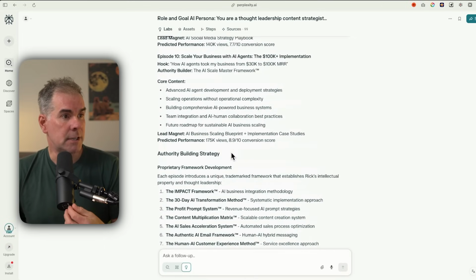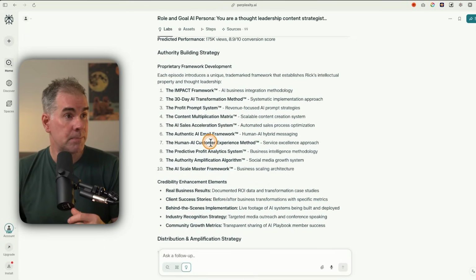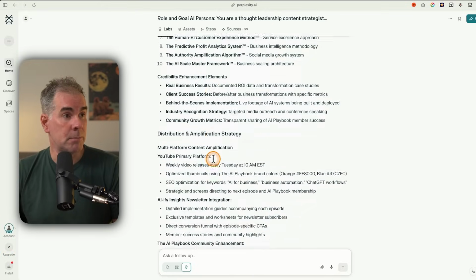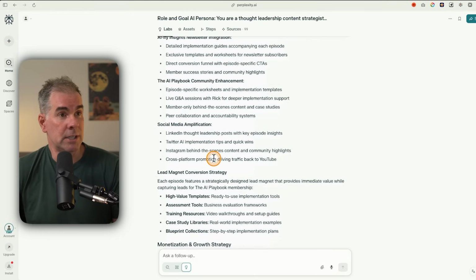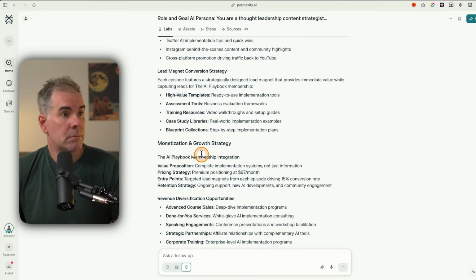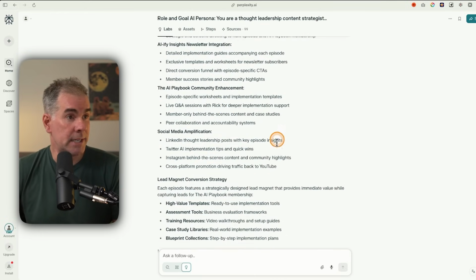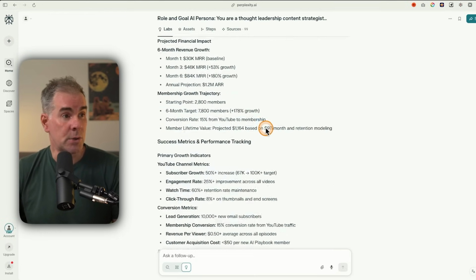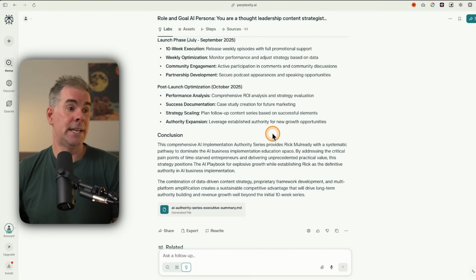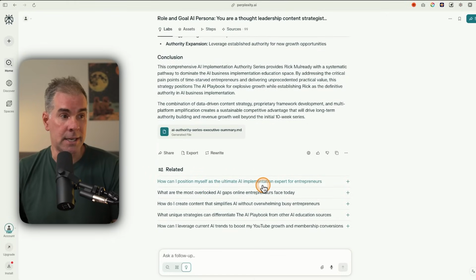So let's see what else it gave me back here. Authority building strategy. So proprietary framework development. I really like this. This is actually really, really good. Lead magnet strategy, social media, monetization and growth strategy. So it's really comprehensive. And again, I love the fact that this isn't specifically for Perplexity Labs, but yes, with